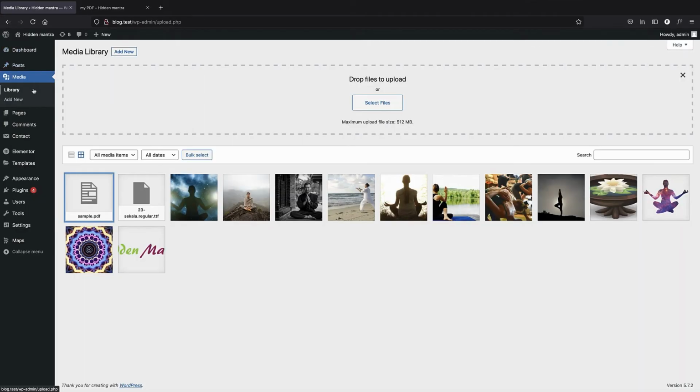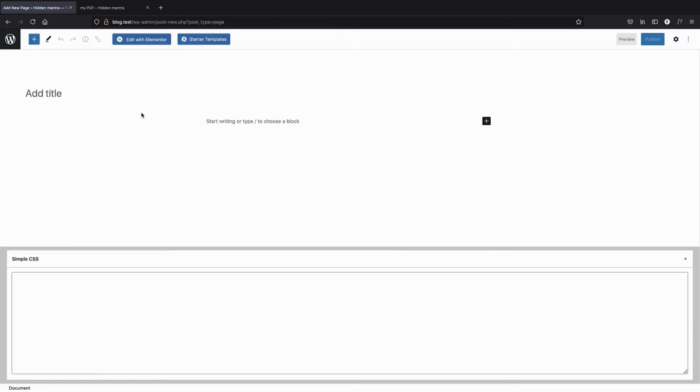And now if I just create a new sample post, of course you can just do it in all pages or any page builder. Basically whatever we are doing here can be done in any page builder such as Elementor or any post or pages or anywhere. So now I'm just gonna change the title to my PDF,